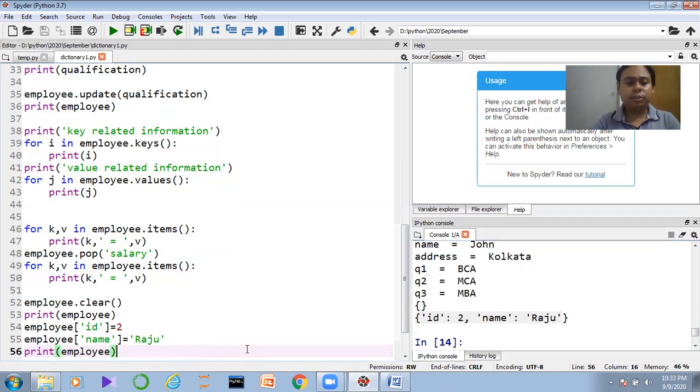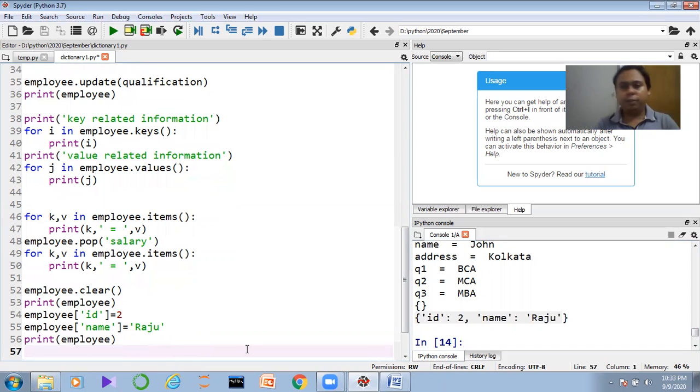So guys, that is all about our dictionary object. By using the dictionary object, we are able to store key and value data, and by using the key and value data, we are able to perform multiple operations. So guys, I am ending this video here. I don't want to make this video longer. Dictionary will come again in our future tutorials, when we do some analytics, database connectivity, or file handling with Excel. That time again we will see the dictionary object come up with new features also.